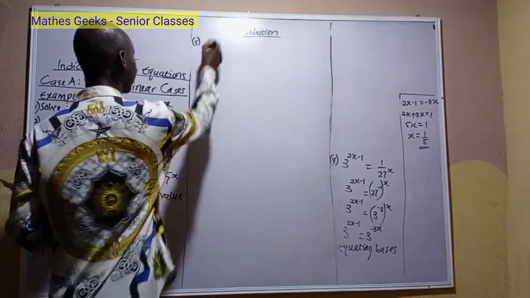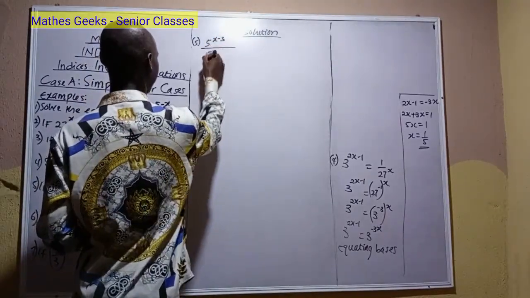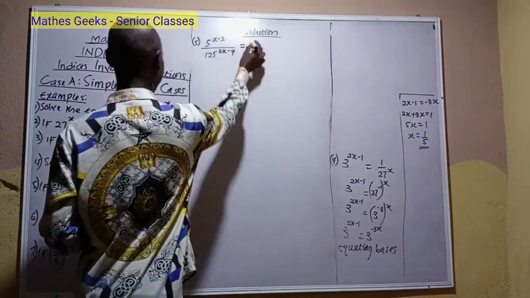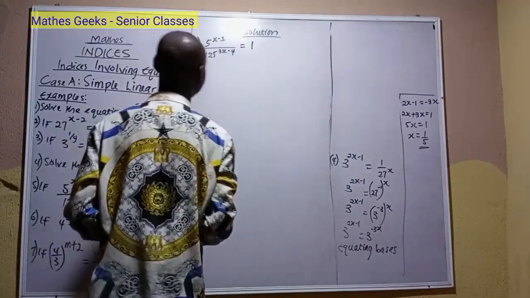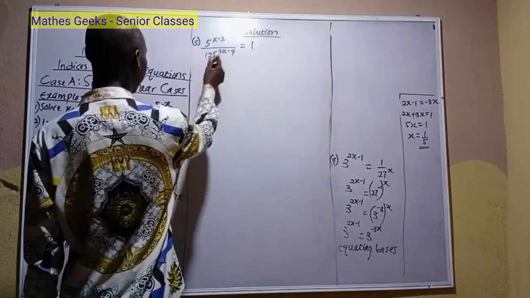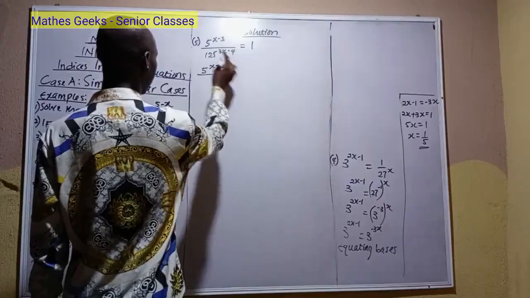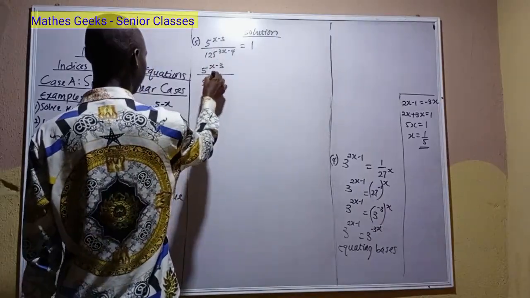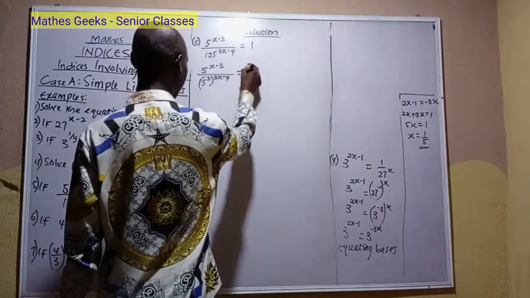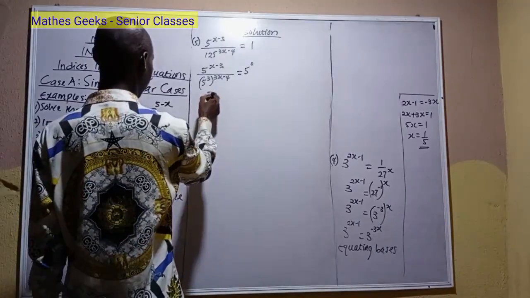Number 5. 5 raised to x minus 3 over 125 raised to 3x minus 4 is equal to 1. So this will give us 5 raised to x minus 3 over 5 raised to 3, all raised to 3x minus 4. 1 is equal to 5 raised to power 0. So this will give us 5 raised to x